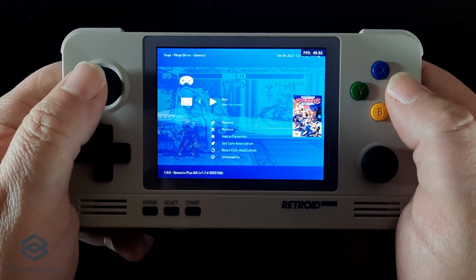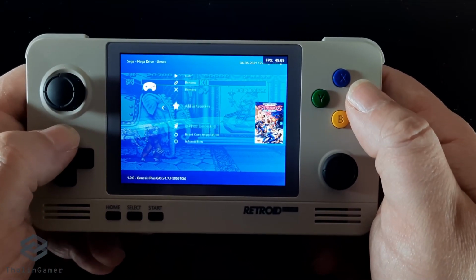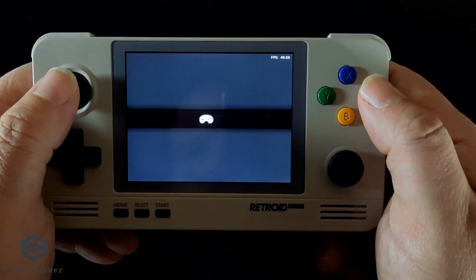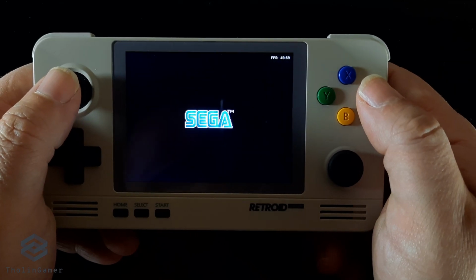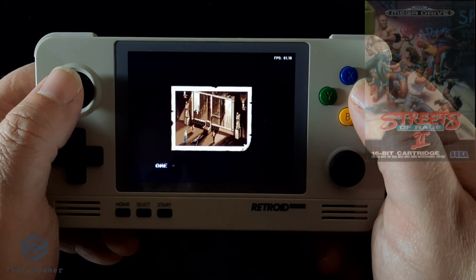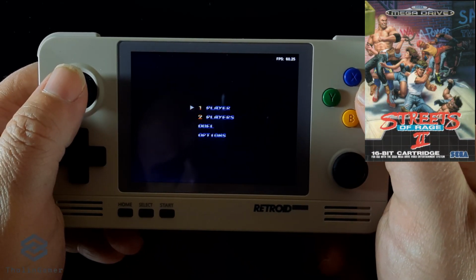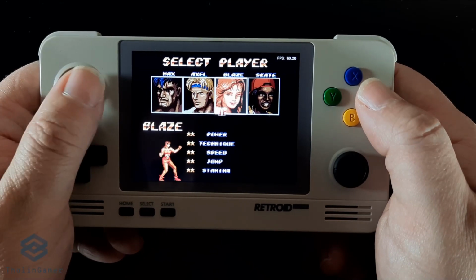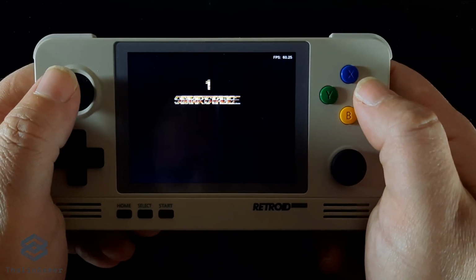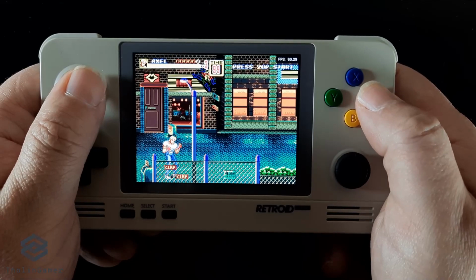Now moving on to our final game, we have a beat 'em up which is considered to be among the top 5 games released for the Sega Mega Drive or the Genesis. I'm talking of course about the sequel to the original Streets of Rage. This is Streets of Rage 2. This series is known in Japan as Bare Knuckle, and it is a side-scrolling beat-em up developed by an ad hoc team by mostly Sega developers.